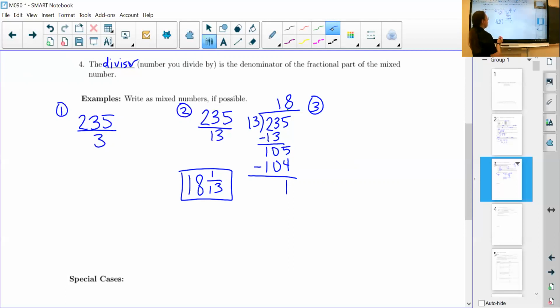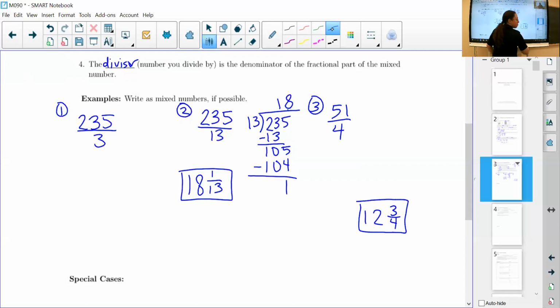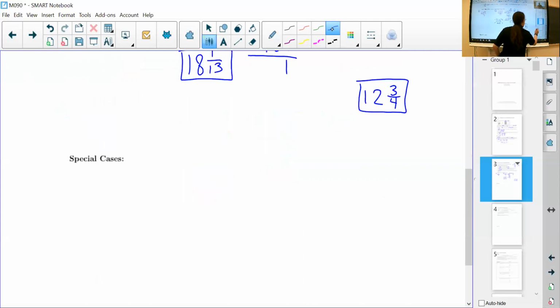Example 3, let's do 51/4. Again, feel free to pause the video and do this one on your own. I'm not going to work through it, but I will tell you that the answer is 12 3/4. Okay. Let's take a look at some special cases. So example 4, we'll take a look at